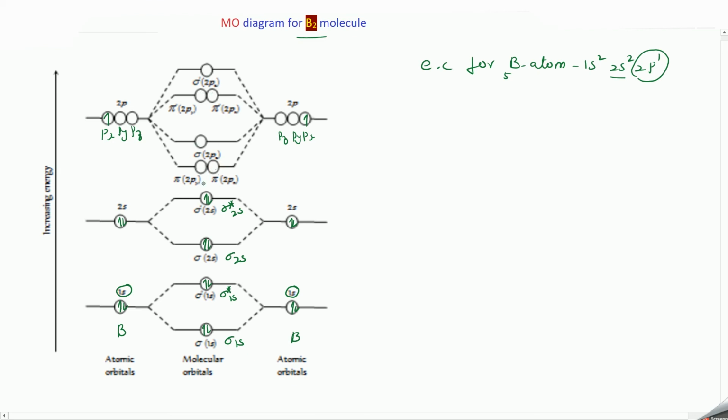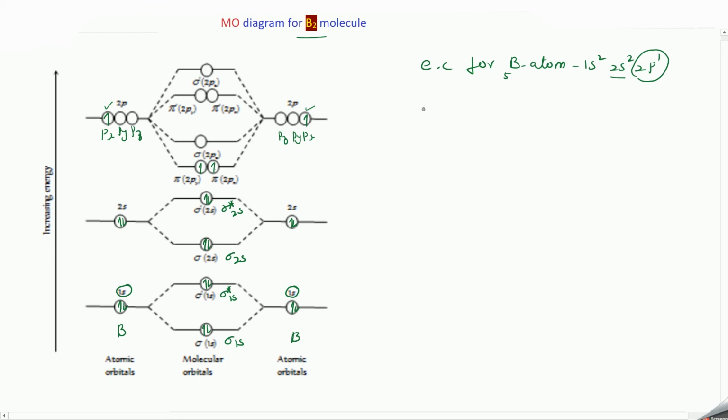Already I have discussed these molecular orbitals in the earlier videos. So we are getting pi 2px and pi 2py as the lower energy level. And then comes sigma 2pz and then pi star and then sigma star. So here you have pi 2px and pi 2py orbitals with lower energy. Since we have only 2 electrons, here 1 electron, here 1 electron, only 2 electrons, they will occupy these 2 orbitals following Aufbau principle and Hund's rule. So you have the molecular orbital diagram for boron molecule.